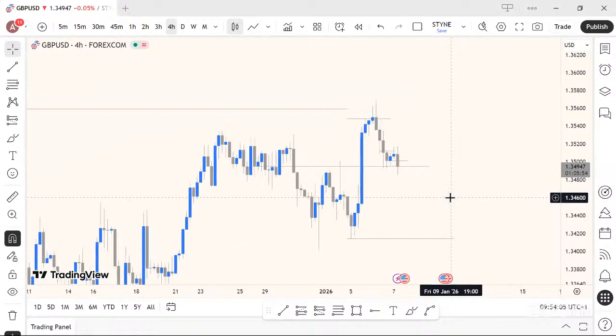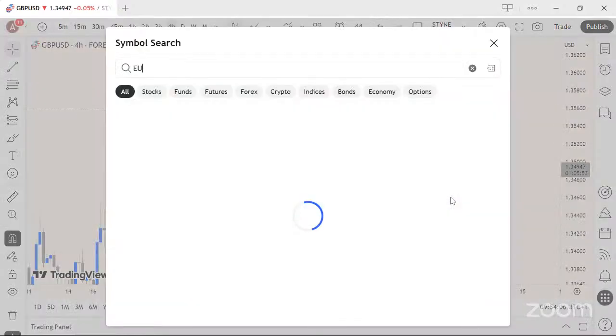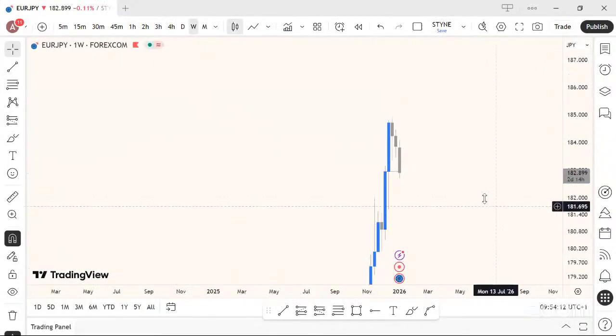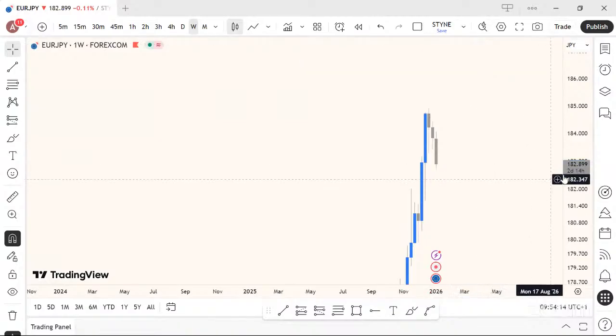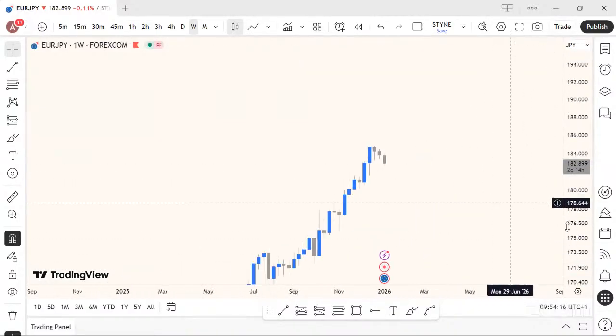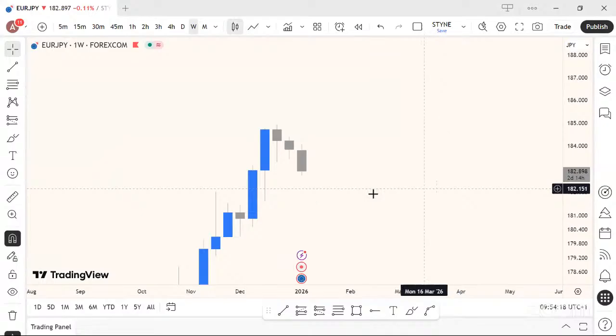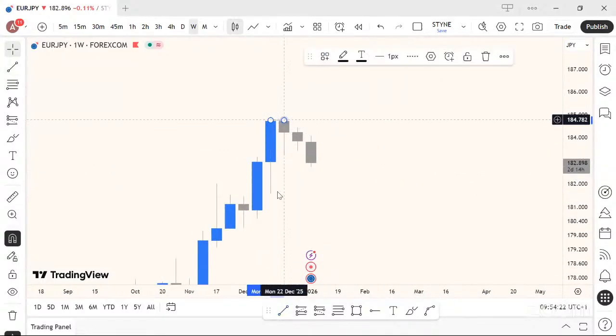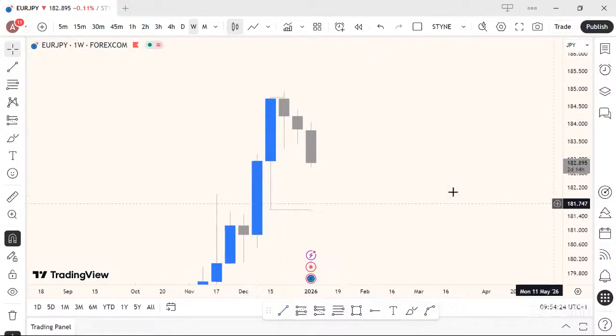So lastly, somebody is saying Euro JPY. Let me see. Do I have anything there? Okay, let me clear my charts. What's happening on Euro JPY? Euro JPY is bullish. Okay, we had something here. Weekly was sweeping to come for this guy, right?